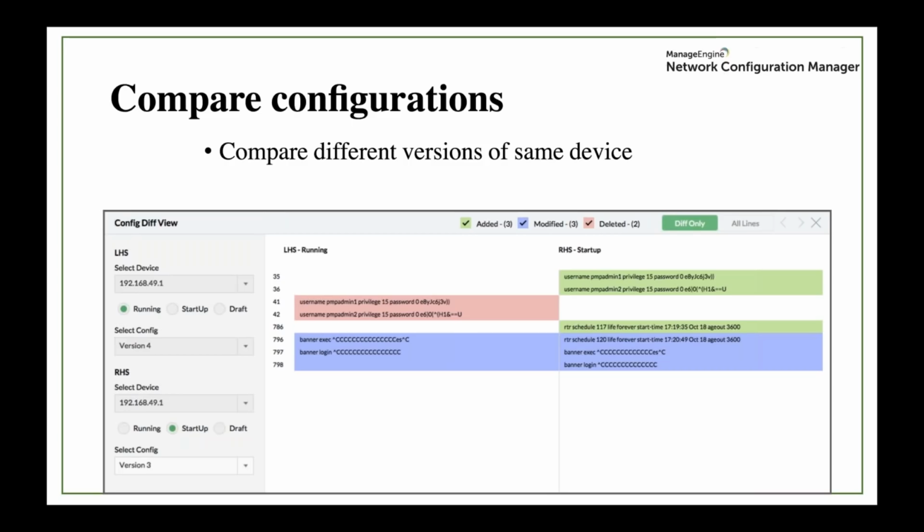This gives the idea that there could be some change that caused an issue in that particular device, which makes the device malfunction. Now you can compare different versions of the particular device to identify the exact configuration change that caused the network issue. The other scenario is to compare the configurations of two different network devices and identify the differences in their configurations to fix an issue.